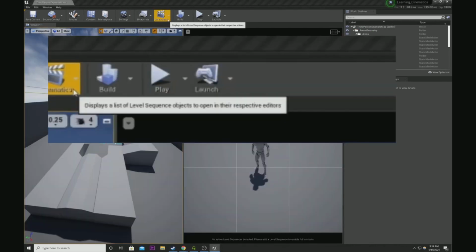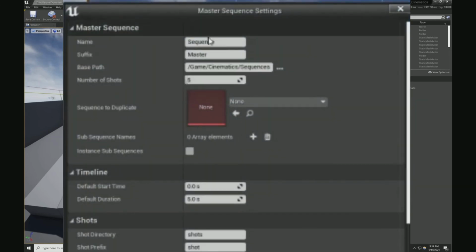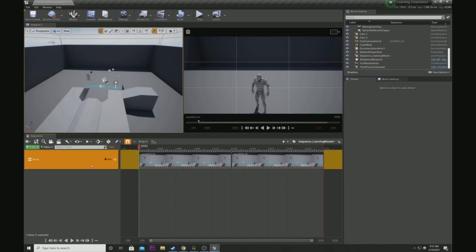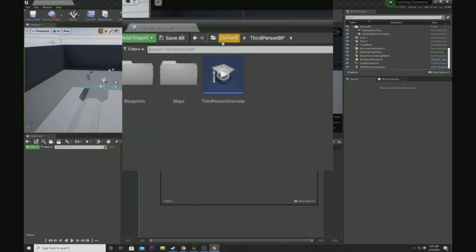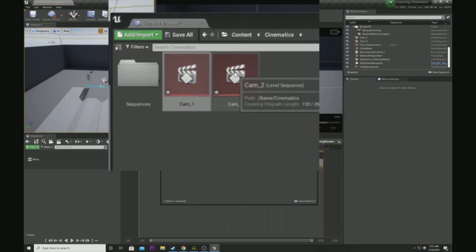We can go to cinematics and add a master sequence to stitch the two together. We'll call this sequence underscore learning. It has 5 shots, but let's make this 2 because we know we have 2. Create master sequence. And we can get rid of this and then go to our content browser, content, cinematics, cam 1, drop it in, cam 2,